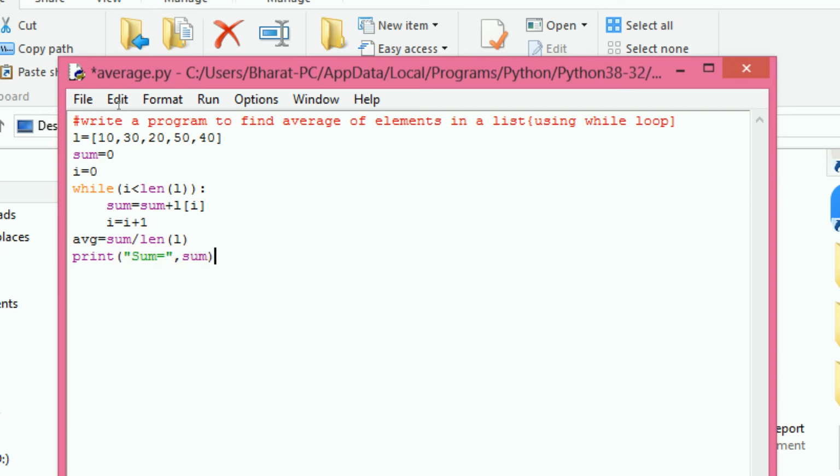I take the sum as s, because sum is a predefined function, so I am using s. Sum s. After that, in the next line I am going to print average.